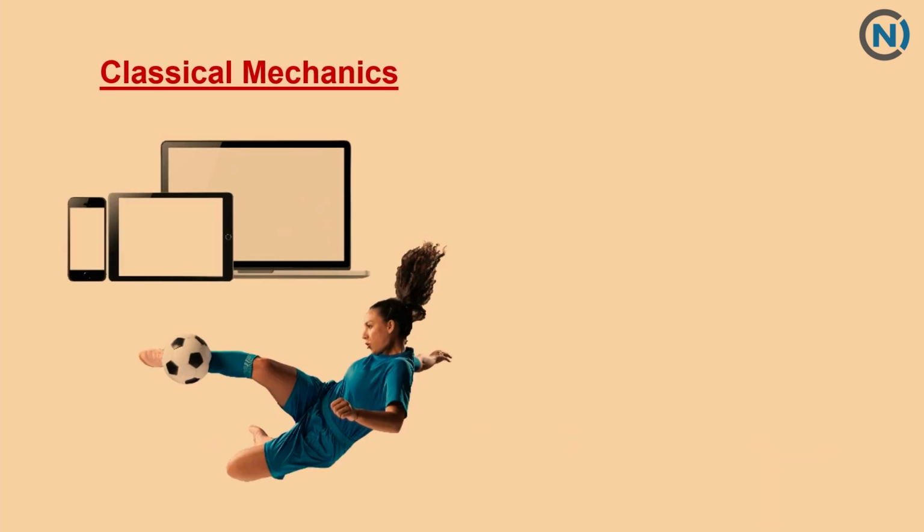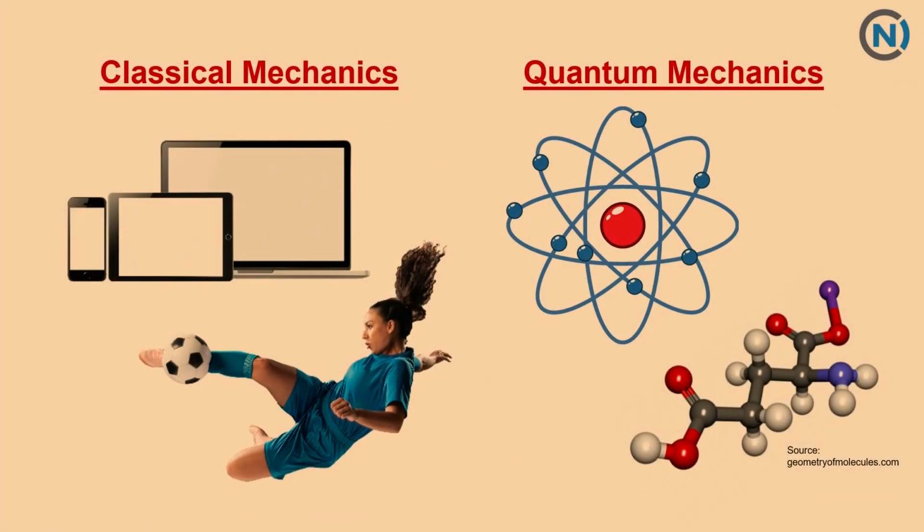Well, there are different languages in physics too, and all of the objects and motions that we experience in our everyday life are governed by what we refer to as the laws of classical mechanics. This includes the computer on your desk as well as in your pocket. On the other hand, if we look at the scale of atoms, molecules, and particles, things are very different. At that scale, nature obeys a different set of laws, the laws of quantum mechanics. And as a result, some very strange things happen, at least from the perspective of our intuition from everyday